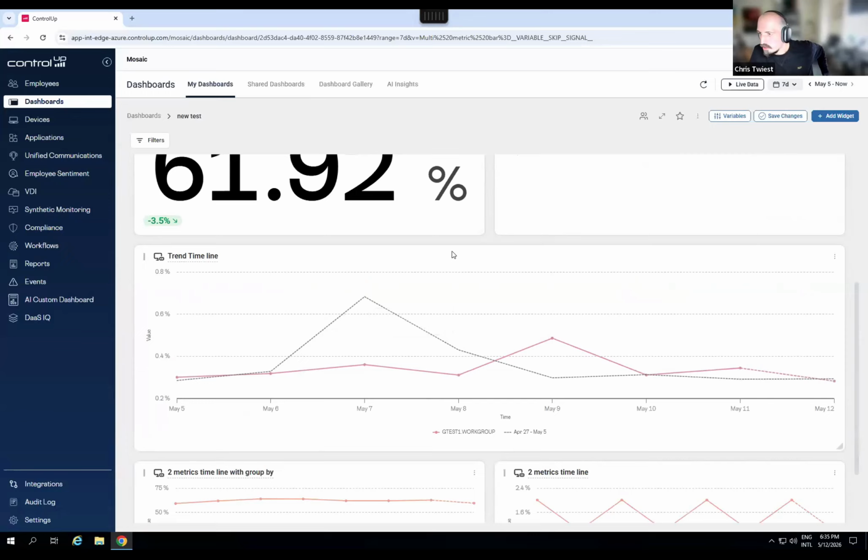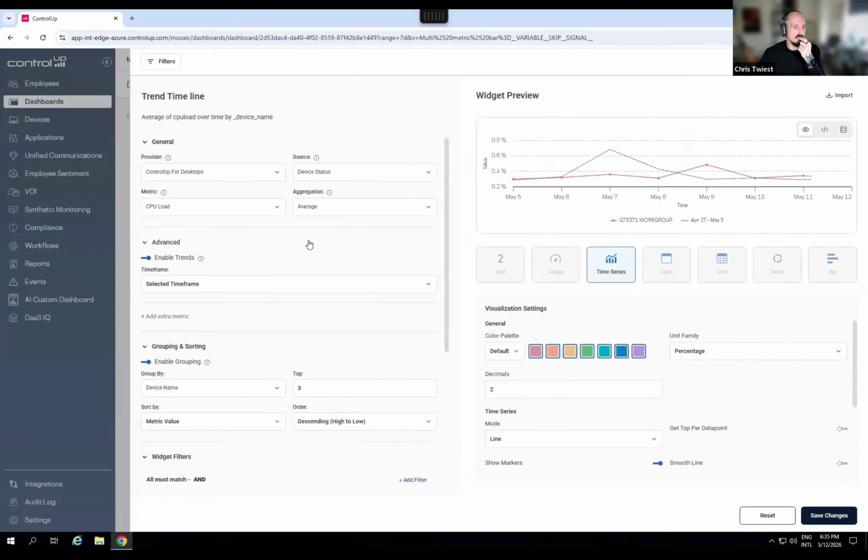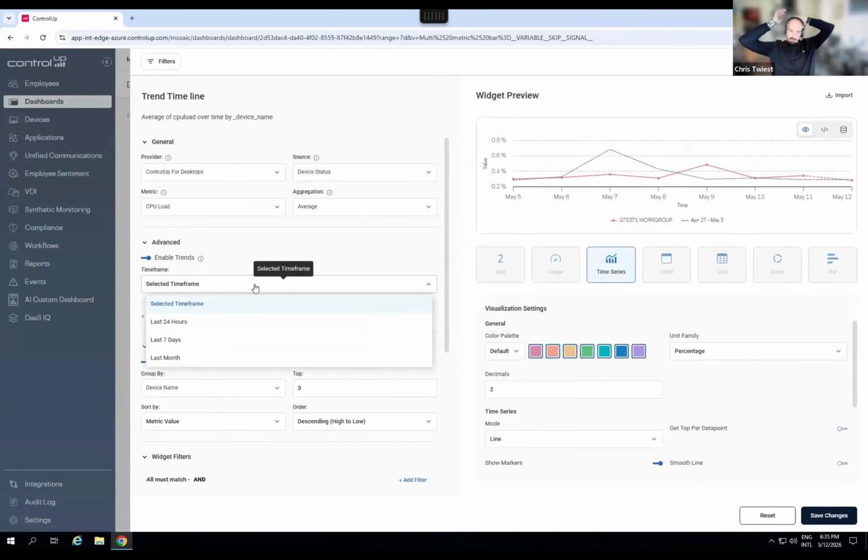So these are actual and pretty cool. This is why it's advanced stuff. We actually allow you to do different kinds of trends. So let's deep dive into them really quick. So we have 4 options for the trend. Selected time frame means that the time you have selected, which is 7 days, will be the normal query, so these 7 days, right? And then the trend query will be the 7 days before that.